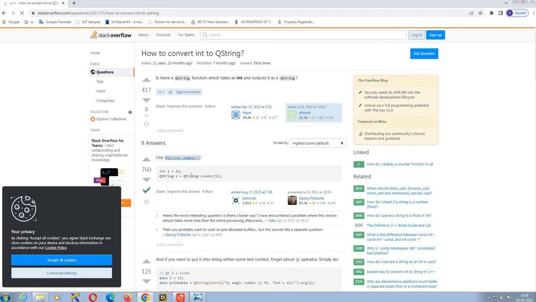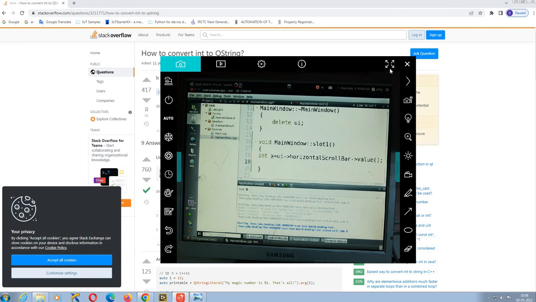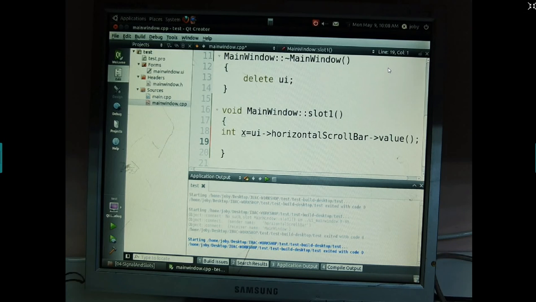You would simply go into Google and you can see there is a function here, which is the same thing you can apply here also: QString s is equal to QString::number of the value. So same thing, I can create QString s equal to,